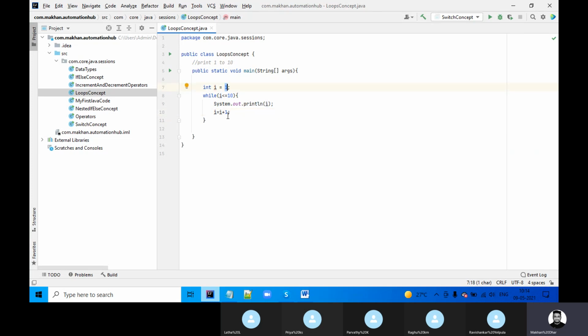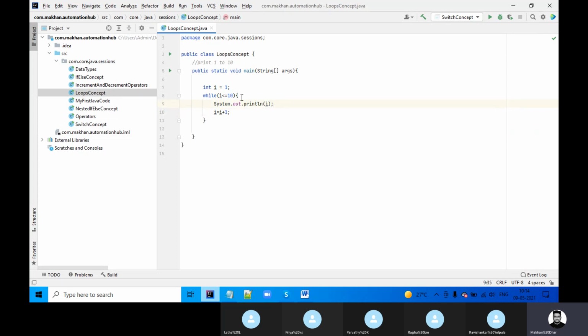Then it adds 1, and prints 2. 2 is less than or equal to 10, yes. Then it adds one more and becomes 3. 3 is less than or equal to 10, then it adds 1 and gives 4. This is how it prints all of them.